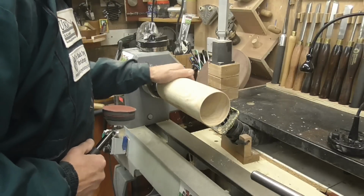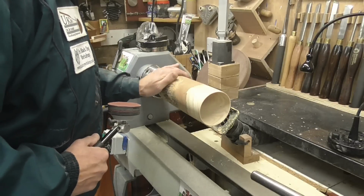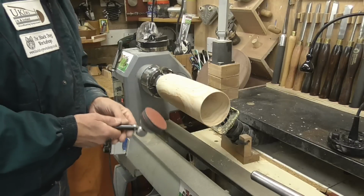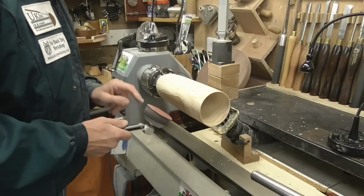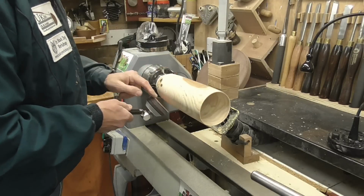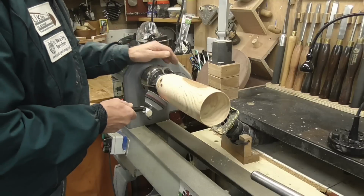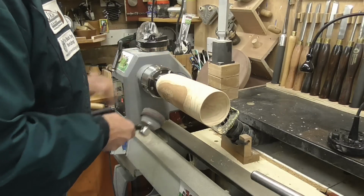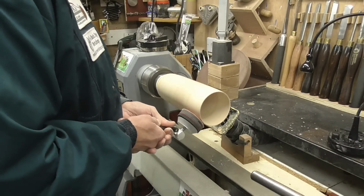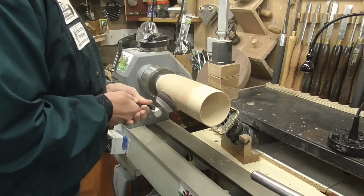And there is a really, really smooth surface, completely line free. Now, as I explained before, I'll zoom in in a minute for you to look at the surface. We were going this way, so it was turning that way. Now, if you put pressure on the other side, then it'll turn the other way and we'll get almost a reverse sanding situation. And just do a couple of passes there,